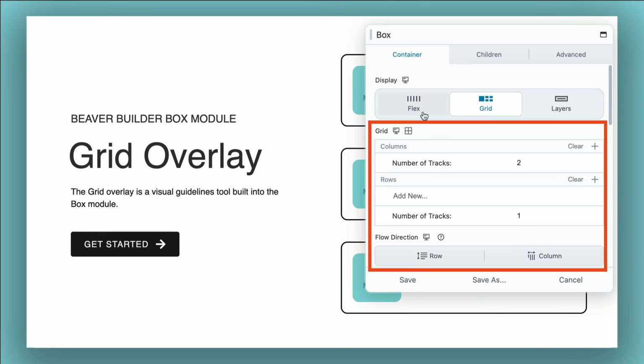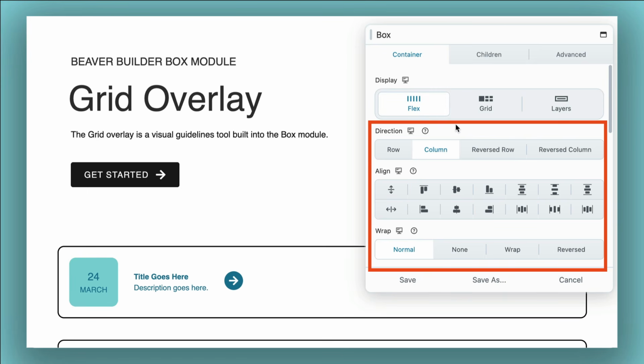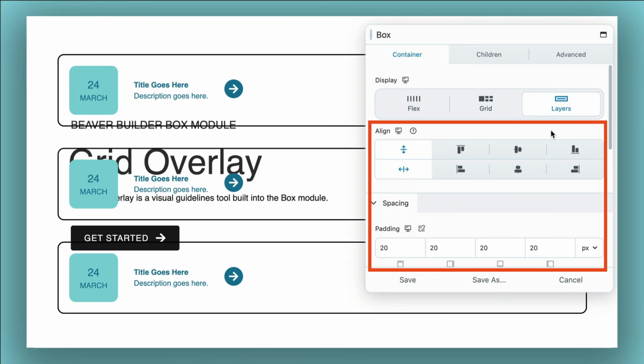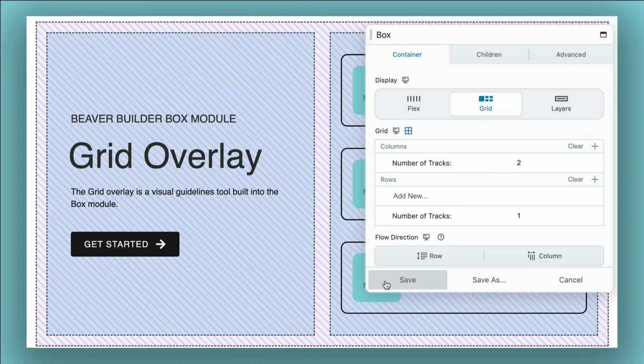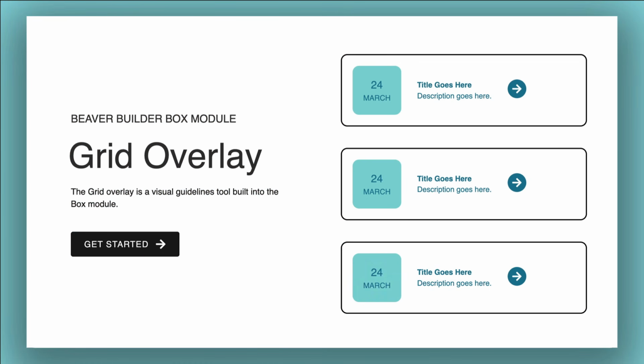Note that the grid icon only appears when the box module is set to grid. If your module is set to flex or layers, the icon won't be visible. The overlay disappears when you close the box module settings and will not be visible to viewers once you save